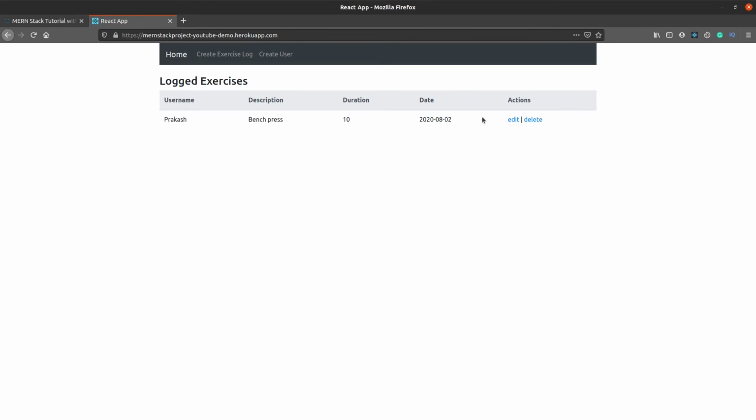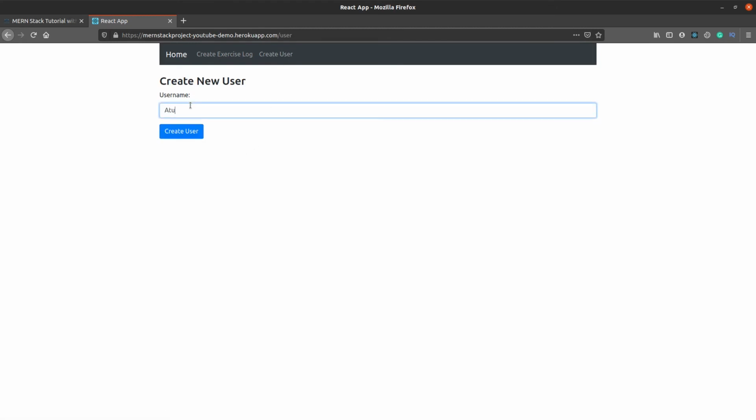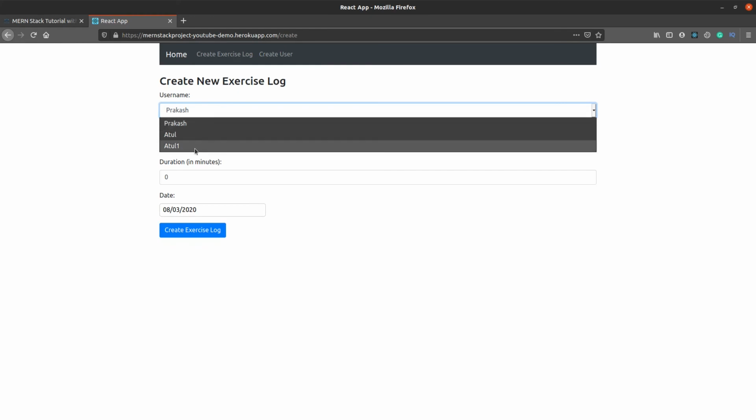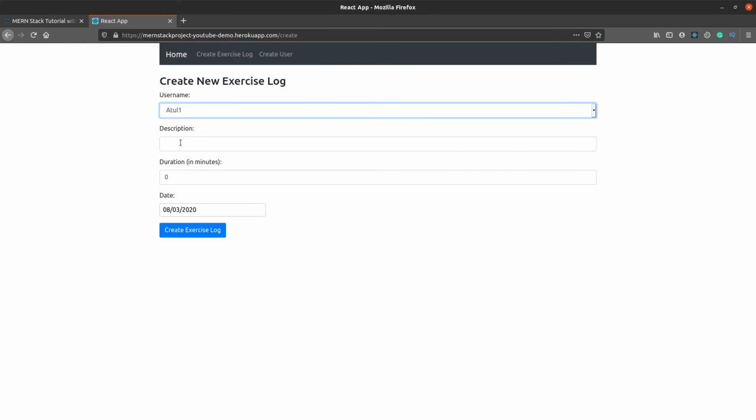There were existing database records that we made an entry for from the local, and this particular data is coming from there itself. So let's create a new user, say Atul. I think I have already created one before, Atul. So let's create Atul 1. Okay, and there is actually no message coming up, so React is not handling that part. But you can see this is interacting with the backend and interacting with the database.